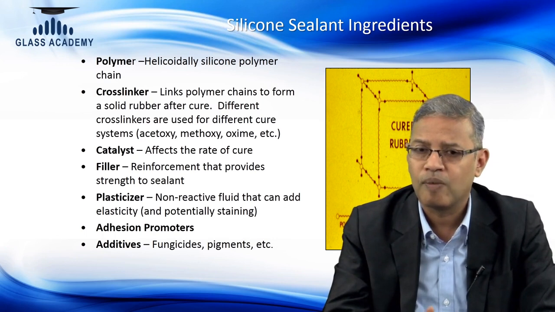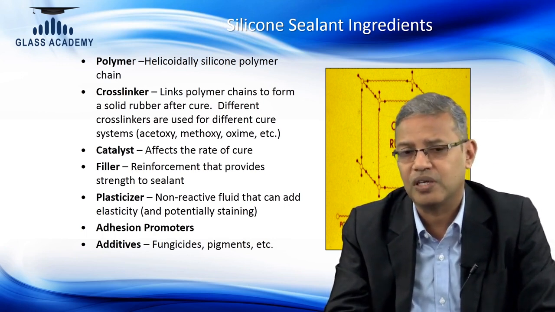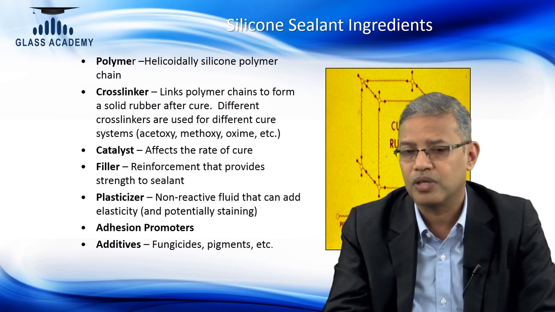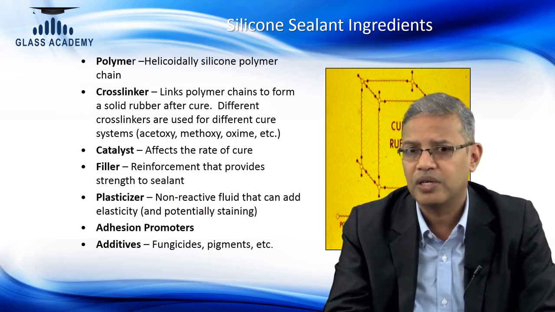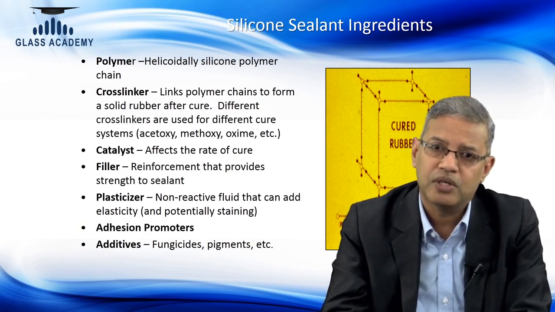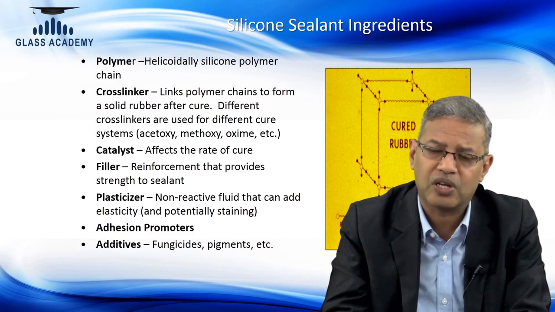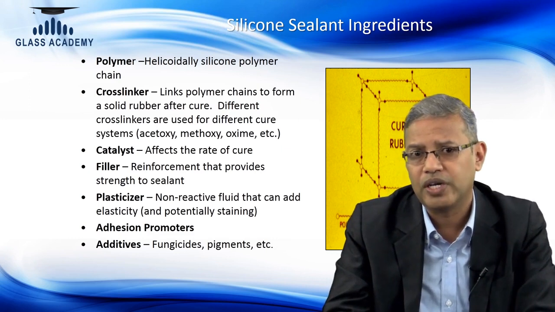As I told you, the essential property of silicone sealant for construction application is to bond. For the intended applications we are looking at, we want the silicone to bond and take loads or take movements. So the adhesion is very, very important. The adhesion promoters are added as part of the ingredients, and this helps in getting good bonding to the